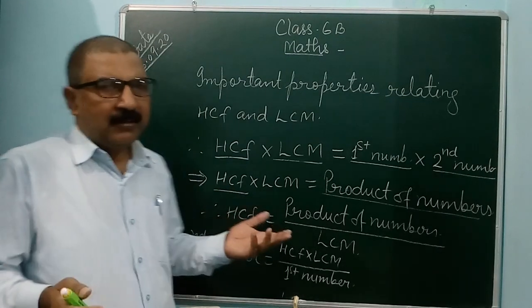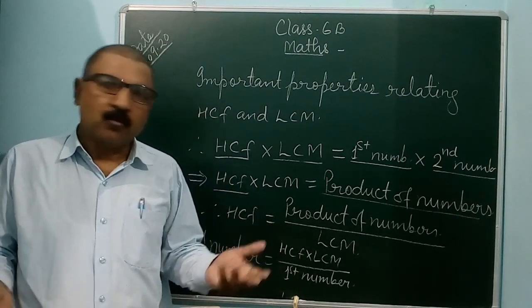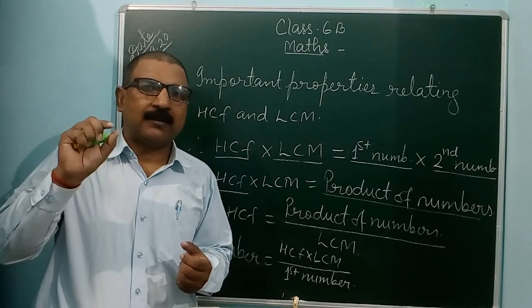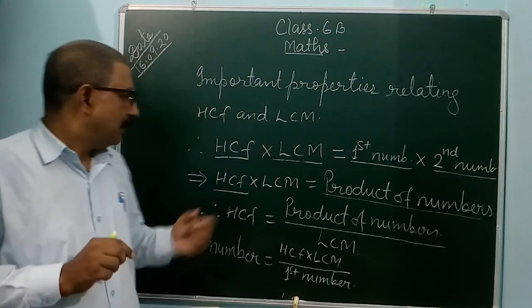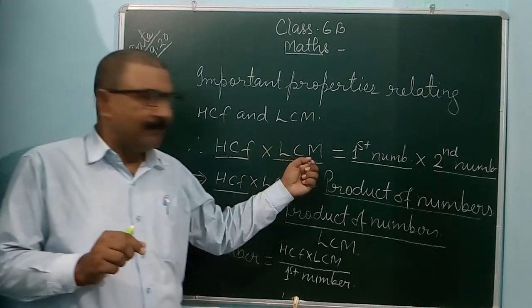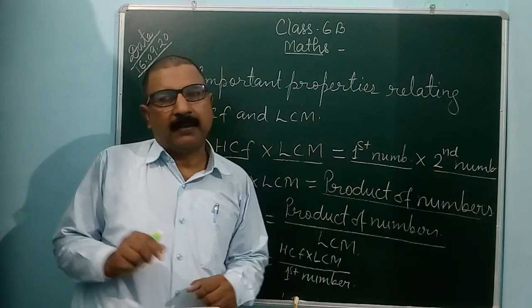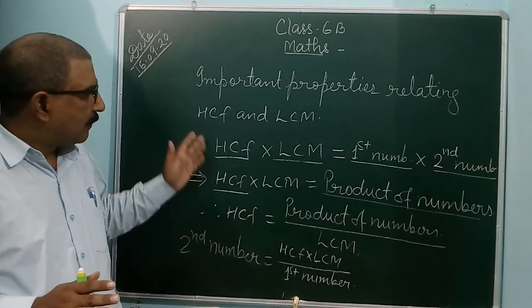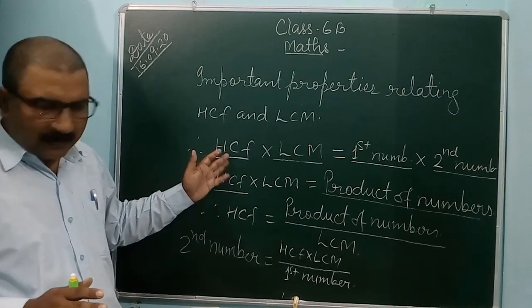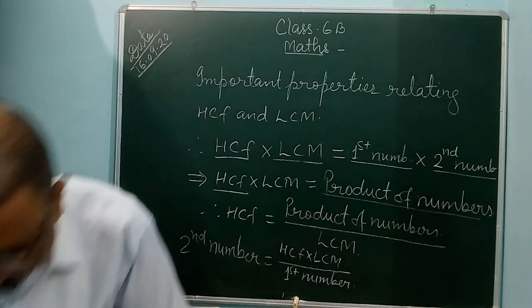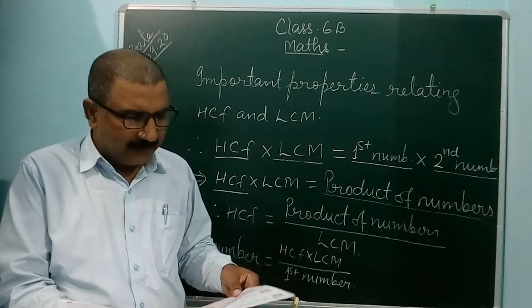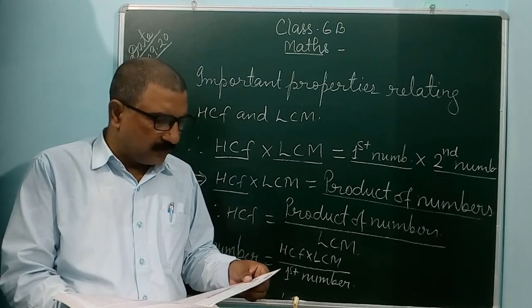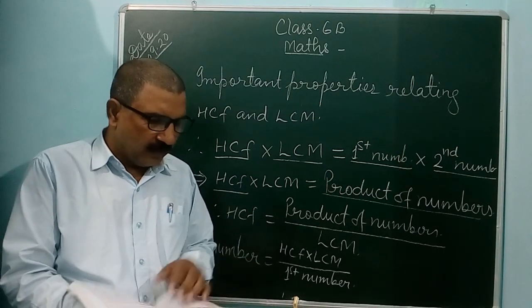In the exam, if it is asking the question, what is the relation between HCF and LCM? So you can write only the formula. Formula is HCF multiplied by LCM is equal to first number multiplied by second number. So in this way you can solve the different questions as asked in the exercise, next exercise, self practice 3J. As you can see, example number 30, example number 31 also.